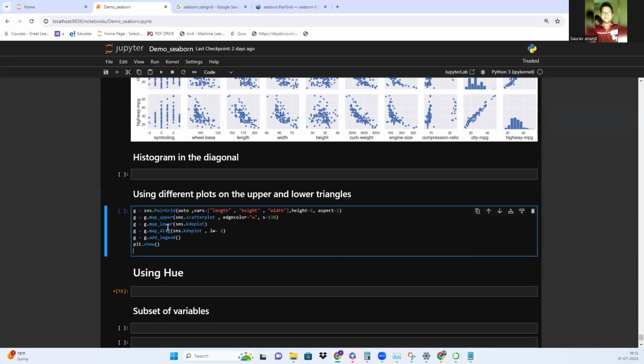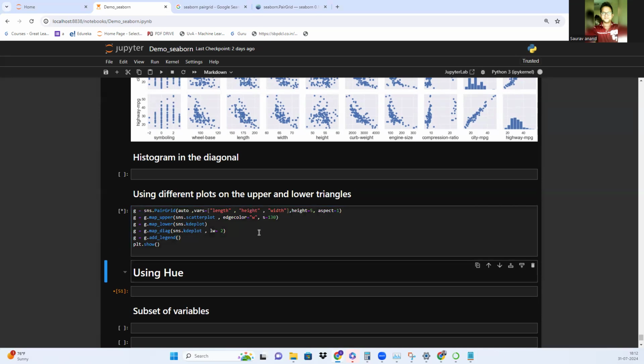So here what I have done is I want to create a scatter plot for the upper part. For the lower part, it should be in the form of a KDE plot, and the diagonal should also be in the form of a KDE plot. Okay. So now when I run this particular code,